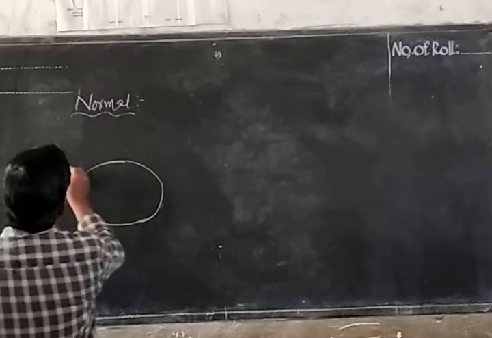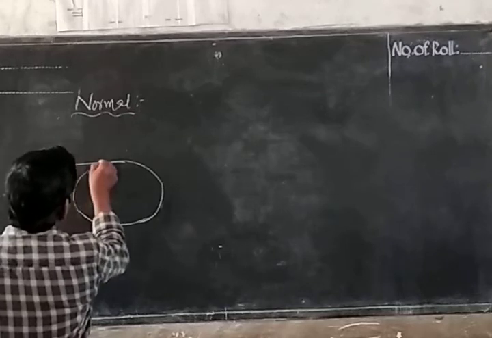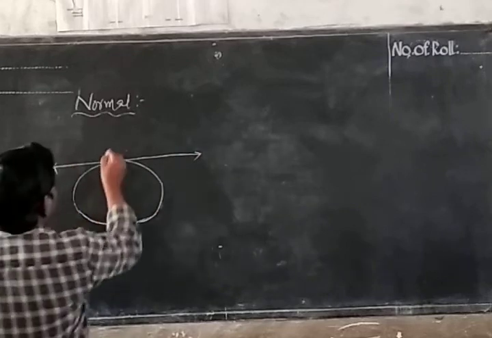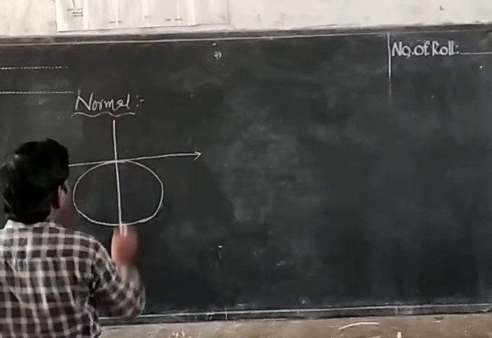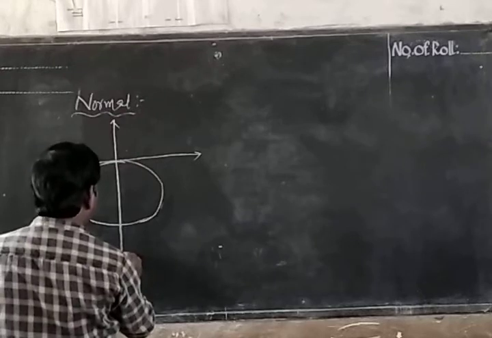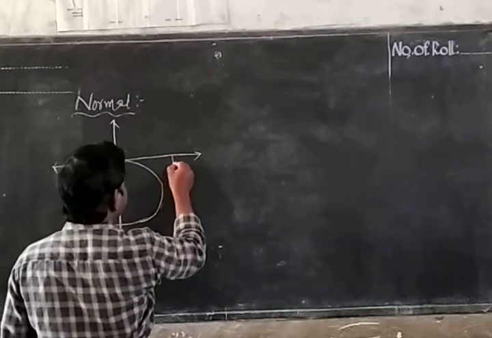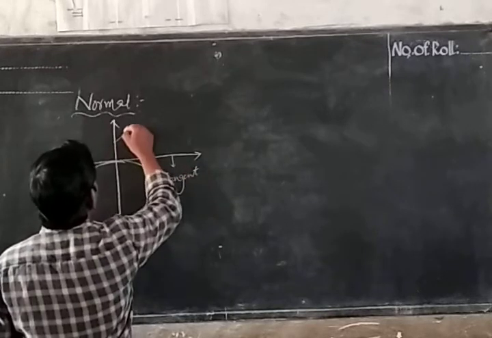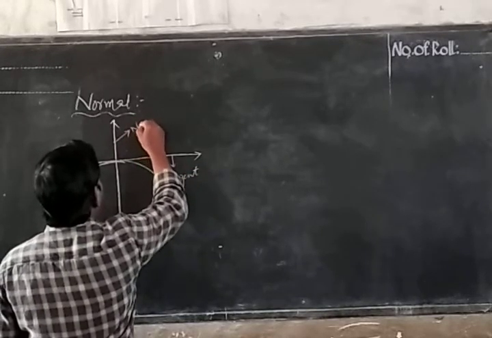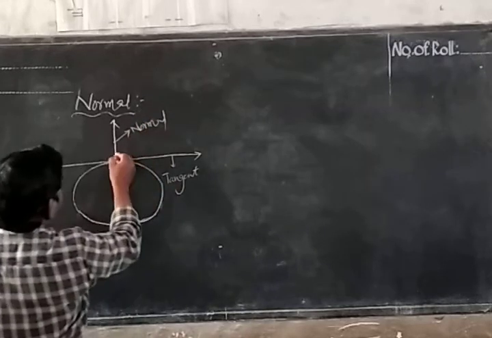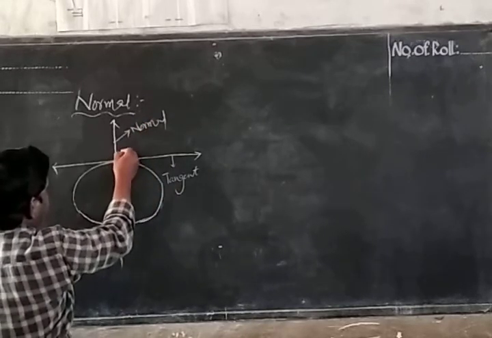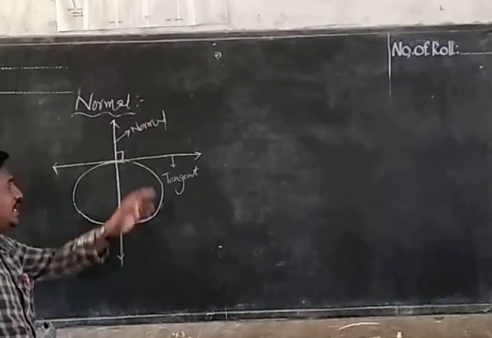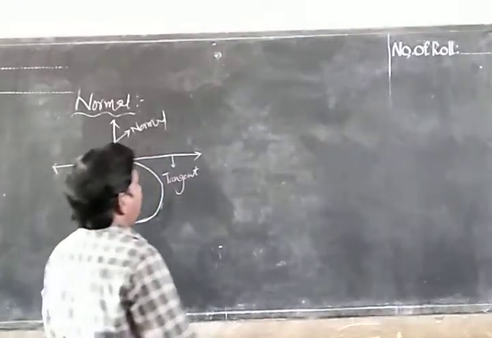I think this is a tangent, and this is the normal, and this is perpendicular. The normal is always perpendicular to the tangent, and we have to write it like this: